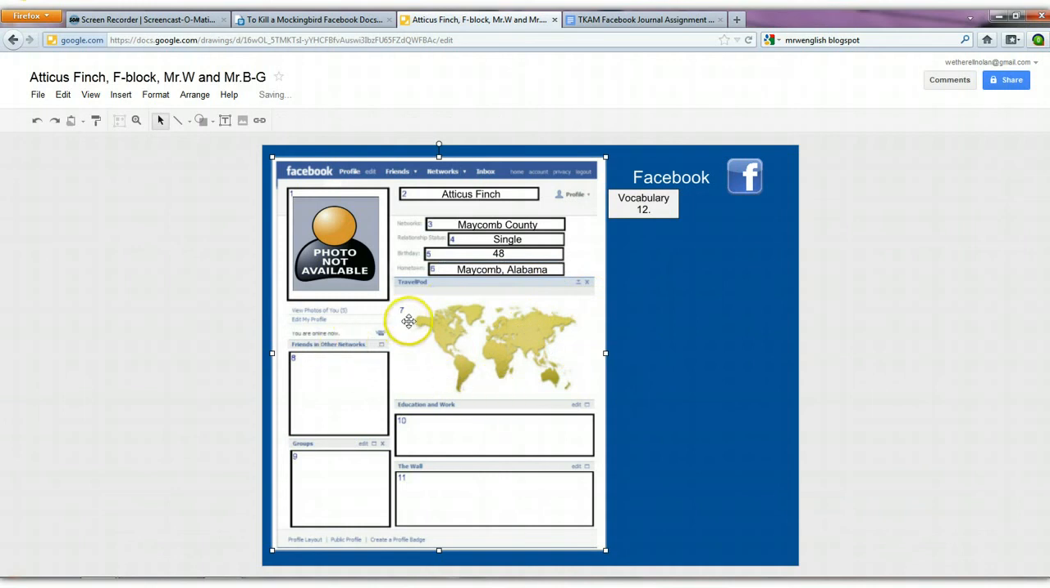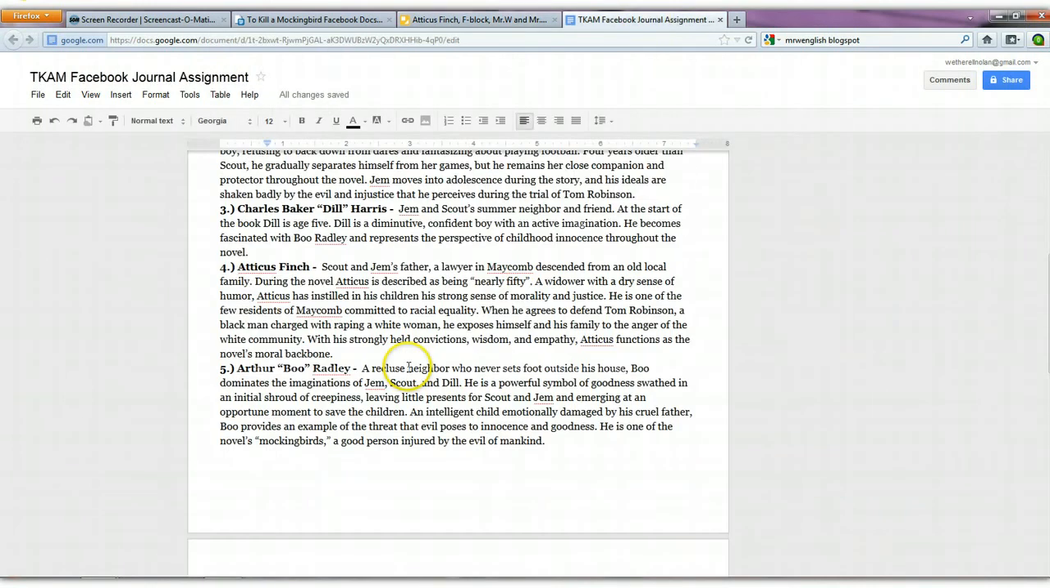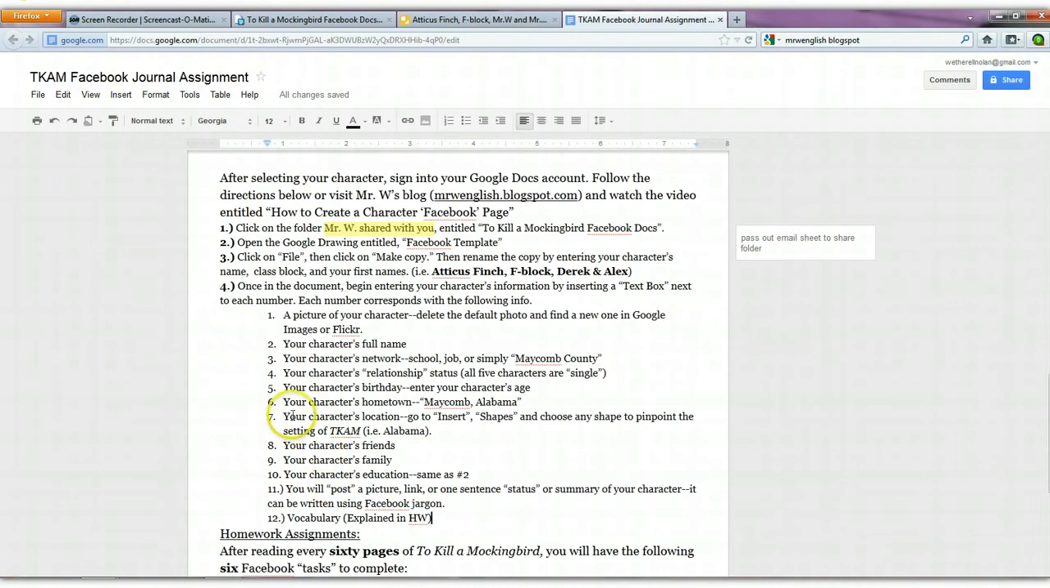Okay, now things are going to be getting a little bit tricky right here. We have number 7. Number 7, it's the map. You need to insert your character's location. So you're going to want to go to Insert, click on Shapes, and choose any shape to pinpoint your character's